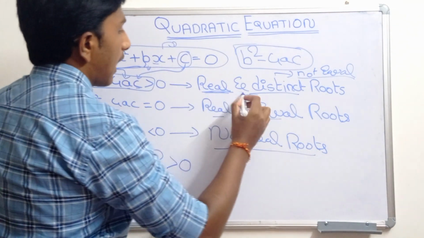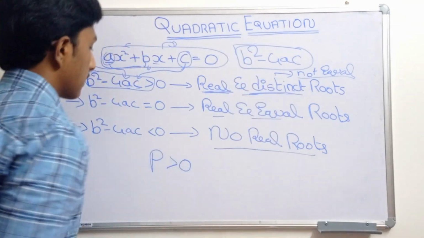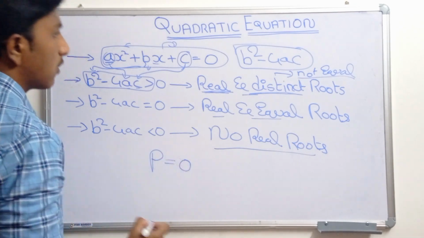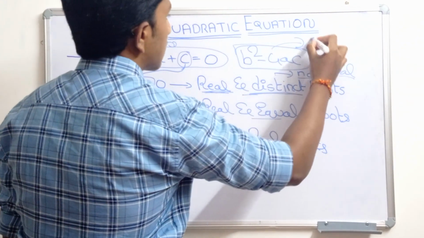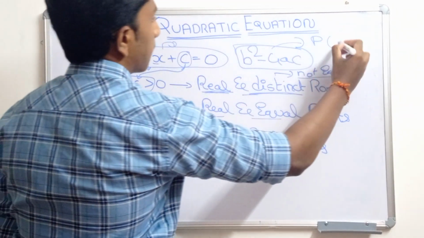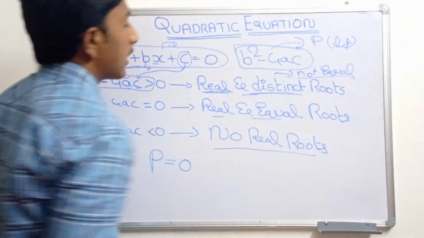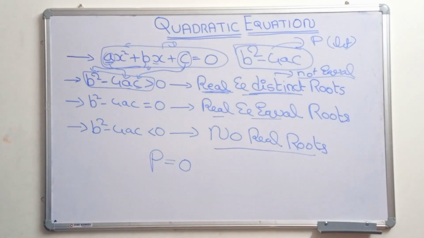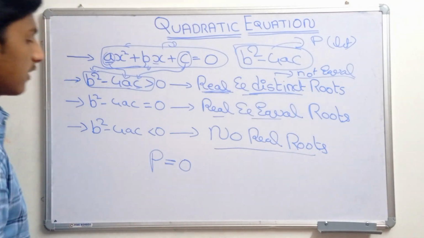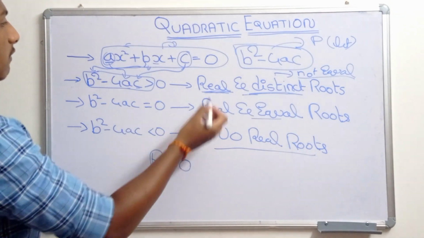Has real and distinct roots. If p value is equal to 0, we hope that p is equal to b square minus 4ac. We'll just keep it aside. Let p equal b square minus 4ac. If p is equal to 0, real and equal roots, that means b square minus 4ac, when we substitute the